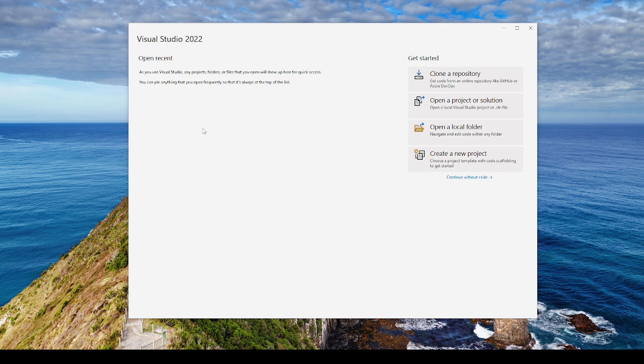any recent project here. If you have any recently created projects, the left side will list them down, and from the right side you can see four tabs here. The first one lets you clone a project from GitHub or any other repos, and you can open a solution. That means if you have an already created project on your local machine, you can open it using this section, and you can open any folder that contains the C# project,